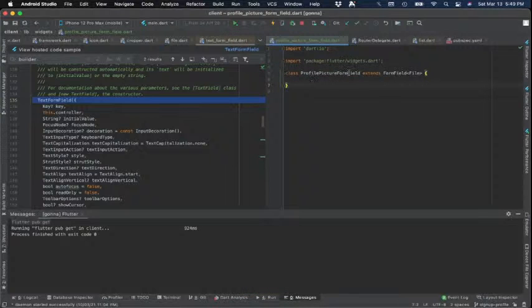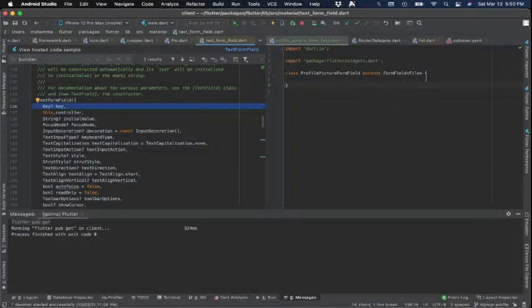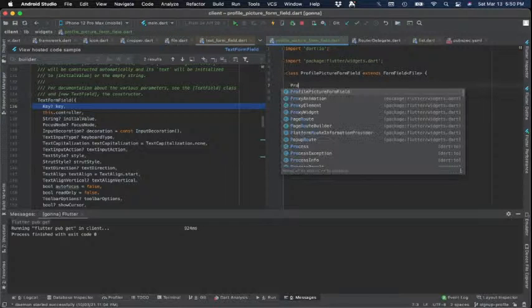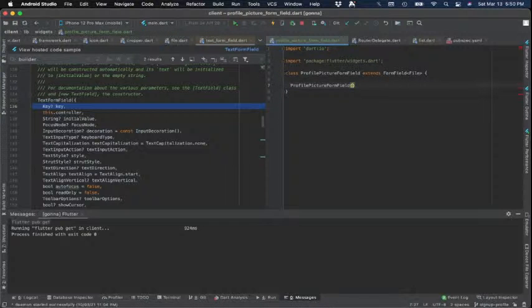All right, profile picture form field, blah, blah, blah. Good. So we don't have to repeat everything really, we already have some wisdom about how we need to approach this. Very limited wisdom, but wisdom nonetheless. So we know we need to pass a key here and pass it to a super. And then the super has a semicolon at the end, and we pass the key to the key, and